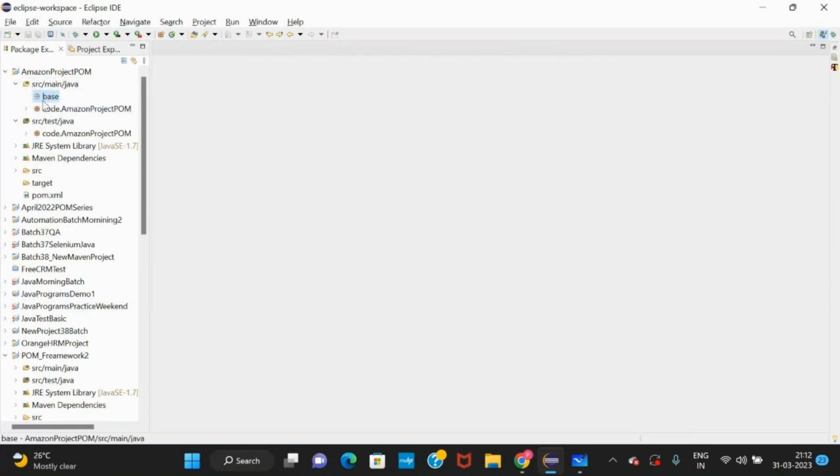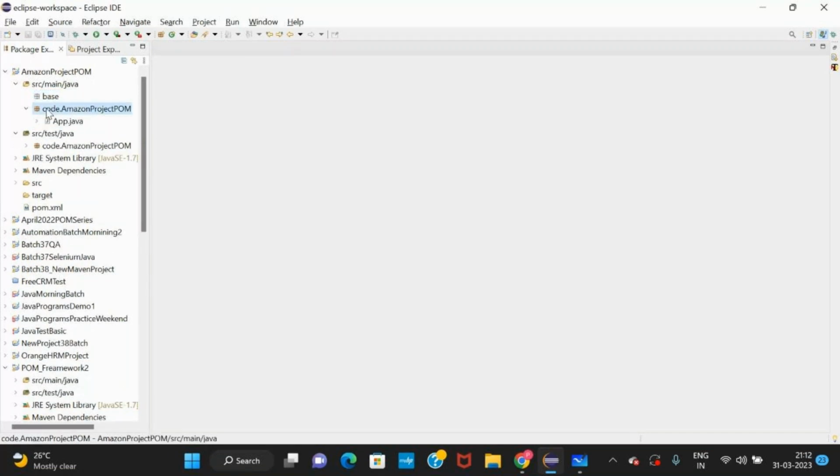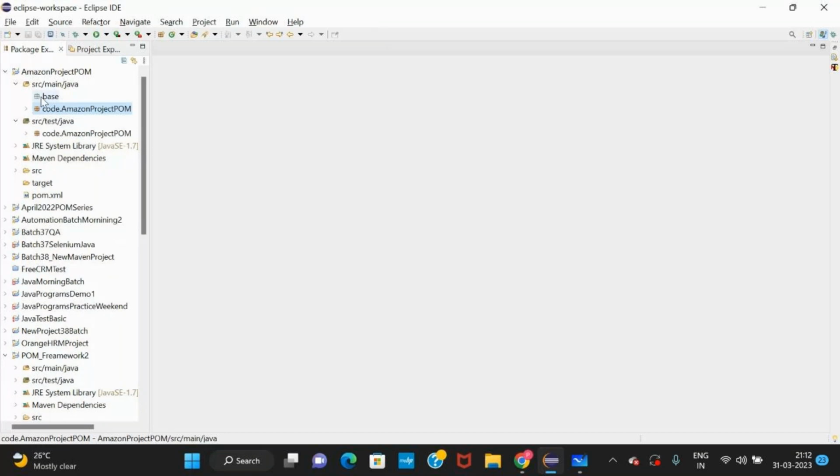Our package is created, and it is empty. As long as it is empty, it will show like this. If you have one class, it will show filled, in gray or another color. Now it is empty, so it is showing with a white background.